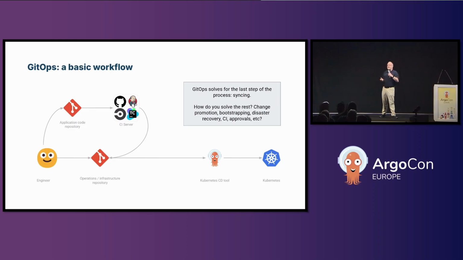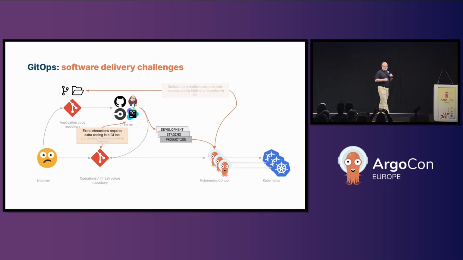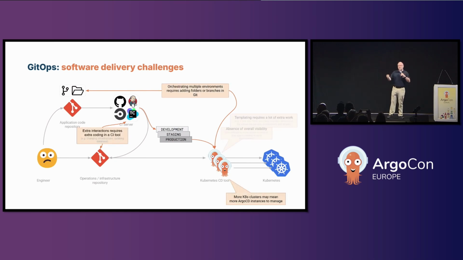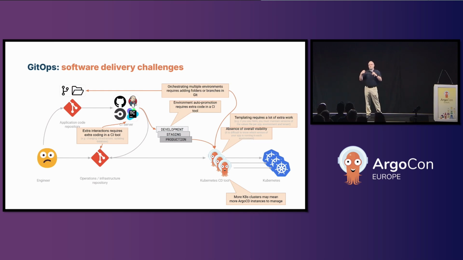It's really easy to see how it happens because you start out with a really simple pipeline. There's not a whole lot going on with it. You have a single application. You have a single Kubernetes cluster. But then as time goes on, you slowly start adding in all these other bits and pieces. You start adding in multiple environments. You start adding in multiple clusters. And you end up with a lot of Argo CD instances managing a lot of different clusters. And you have to start worrying about how on earth do I do promotions? How on earth do I handle any sort of pre and post deployments?